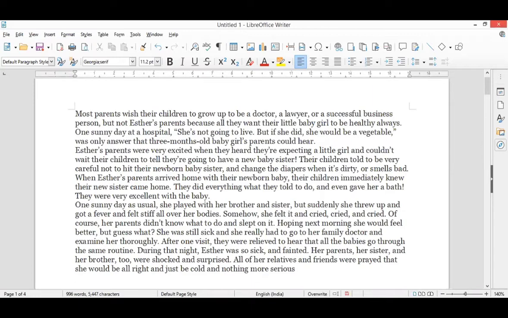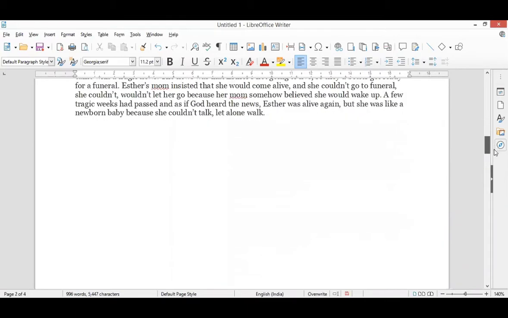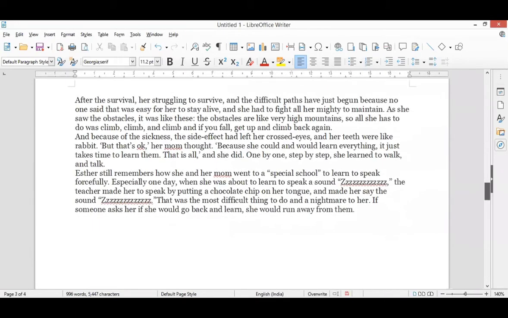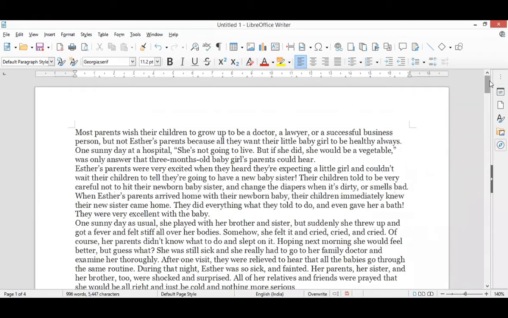See over here I have 4 pages in my document, and suppose I want to move to the third page, but I don't want to scroll. Here I only have 4 pages, but suppose I had 140 pages and had to reach the 50th page, it would be quite difficult to scroll down and reach that. So for that I would use the Navigator.